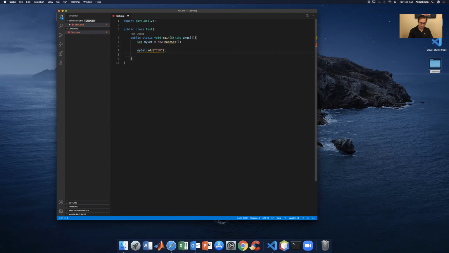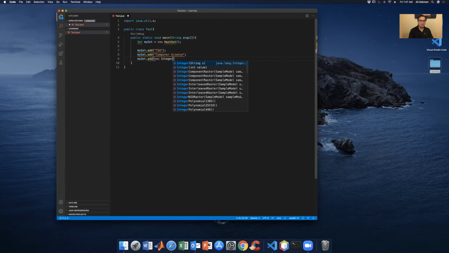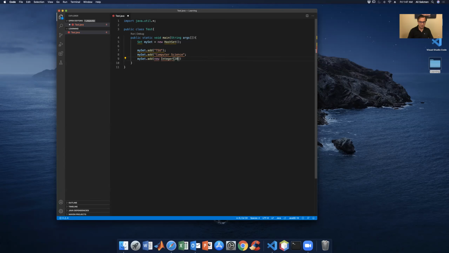Okay. And then I say my set dot add. I can go and add another string. I can say computer science, for example. Okay. And then I can go and add another one, my set dot add. For example, I can go ahead and add what? A new integer object like this. And I'm going to tell you something here. And Java is going to strike through